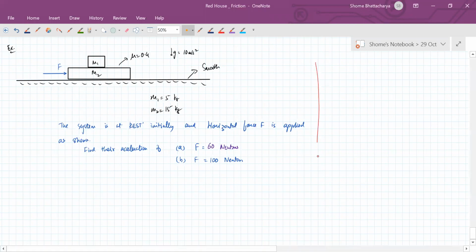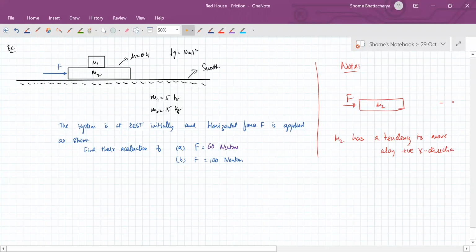So now see here, what is very important is that the moment we apply this force on M2, M2 has a tendency to move along the positive x direction, if I take this as my x-axis. Okay. So what will happen? Therefore,